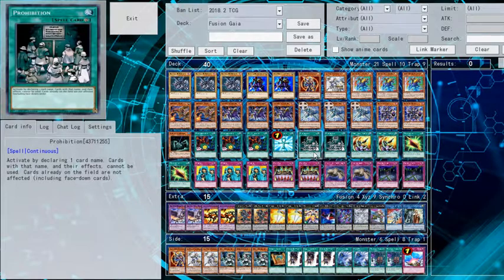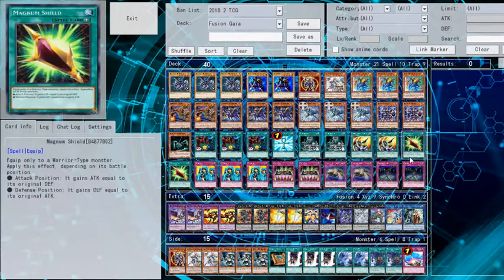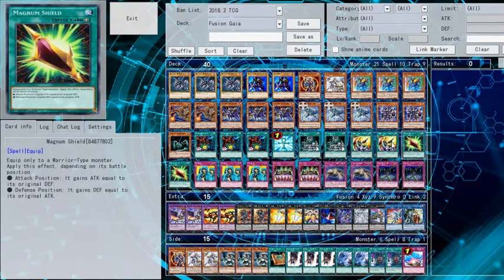Prohibition is a good one. It has some synergy with some aspects of my deck, so I decided to play it. Spiral Spear Strike is obvious. It gives Gaia's a lot of consistency boosting, because